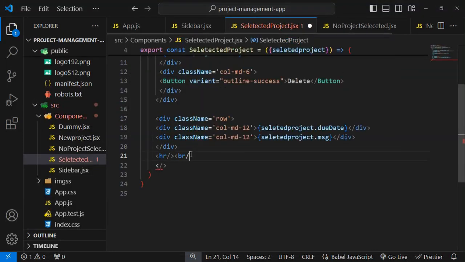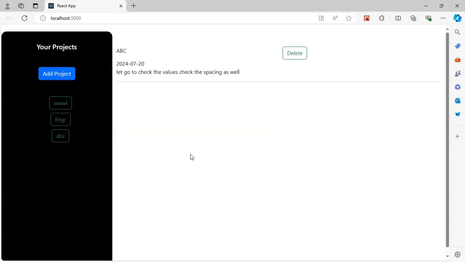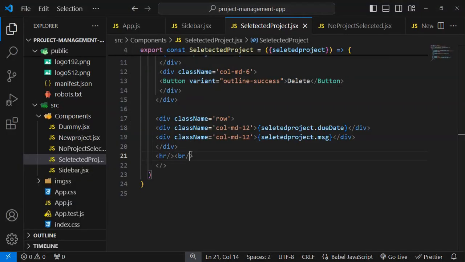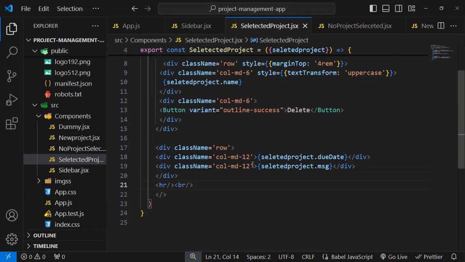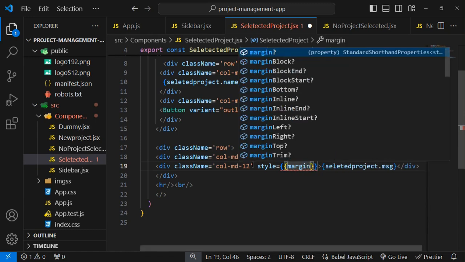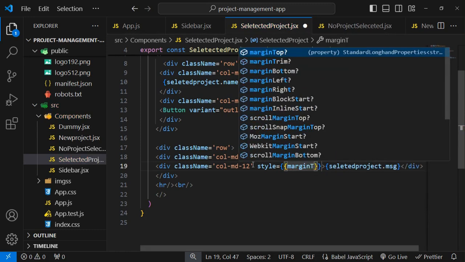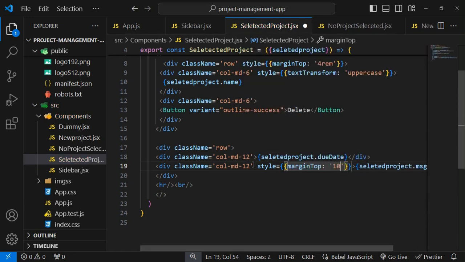So here I am also taking BR. Now just save it, and I want there should be some space from the top. Margin top as 10 pixel,